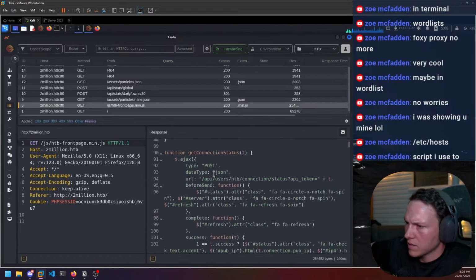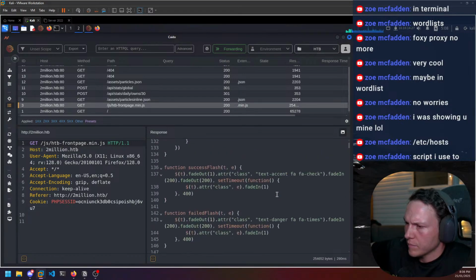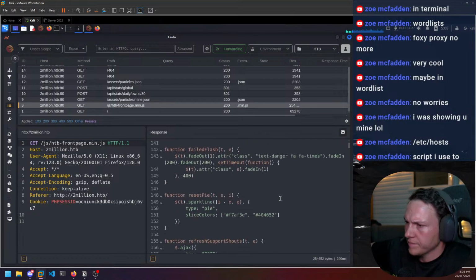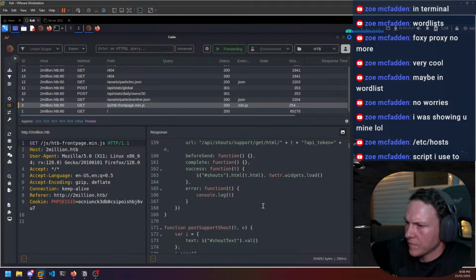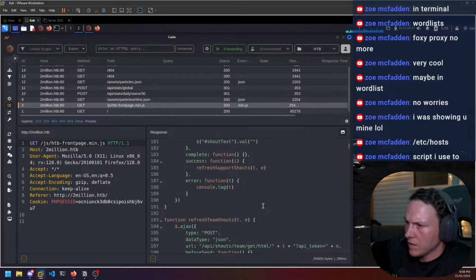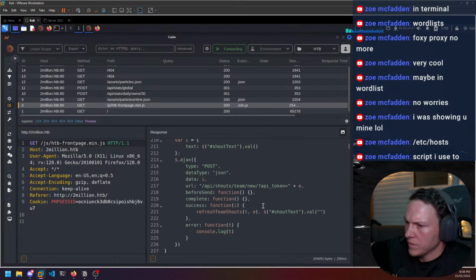Stats. Machines. Thinking this might have